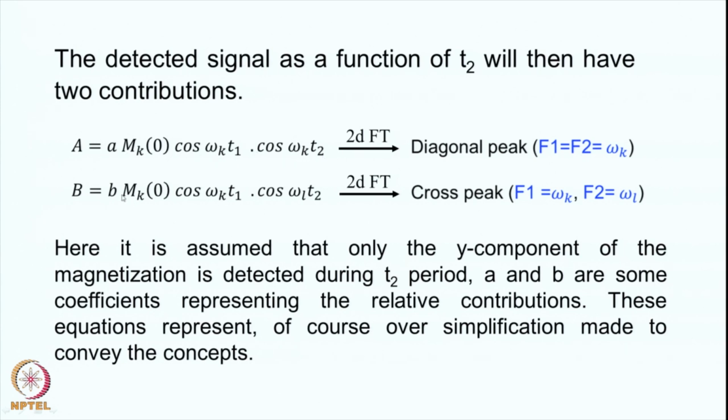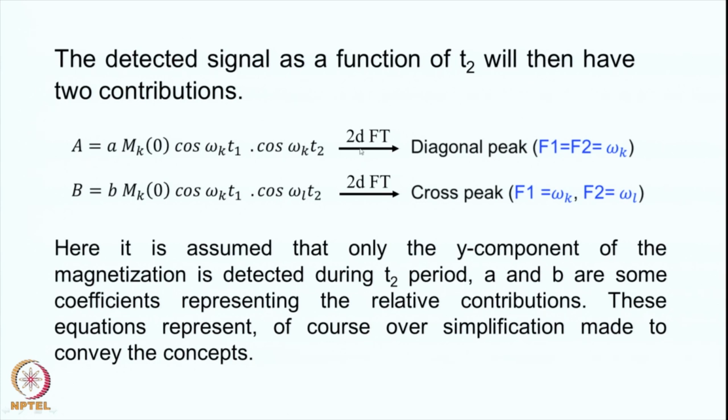So this, and the one which has gone on to the L, that will evolve with the frequency omega L during the period T2, right. So therefore in the T1 period this was cosine omega k T1, that was the component which had come as a result of evolution during the T1 period, and at the end of the T1 period this was partly transferred to B and some of it remained on A itself. So therefore this portion is at the end of the T1 period, and this is the result of evolution during the T2 period.